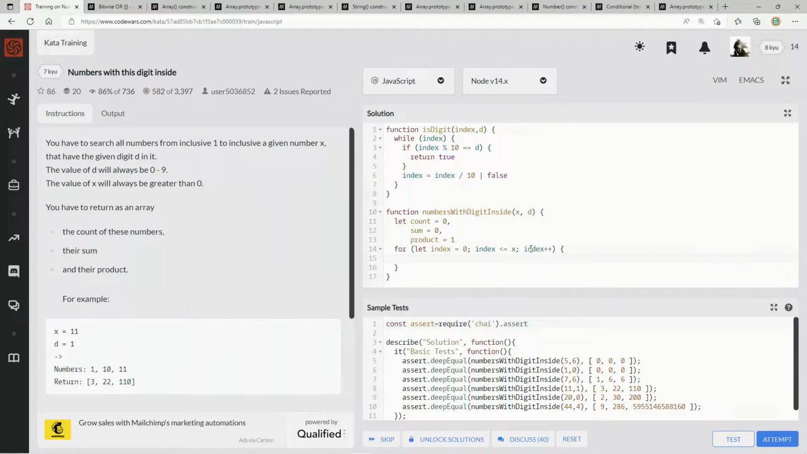All right, now we're going to say if, now we're going to do the callback. We're going to call back this thing right here. We're going to say if isDigit with index and d, okay, so it's going to take whatever index we're on and d and throw it up here, and if this comes back true, if it's returned true to us, we're going to say